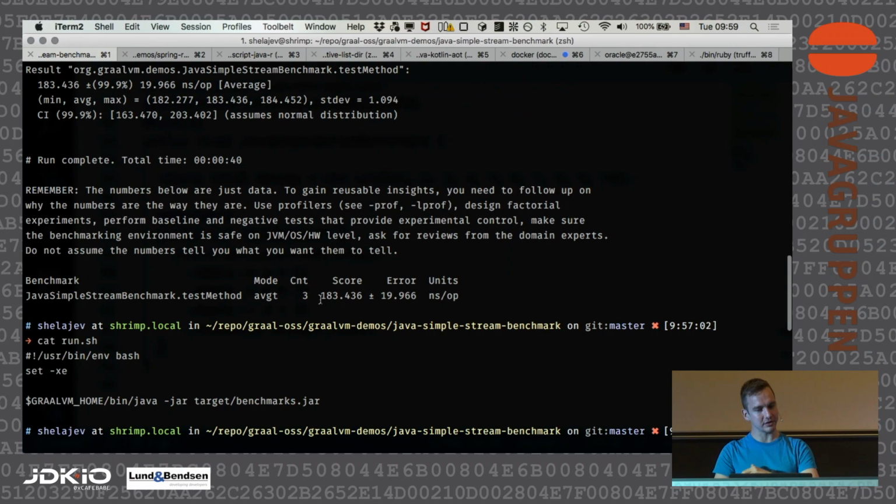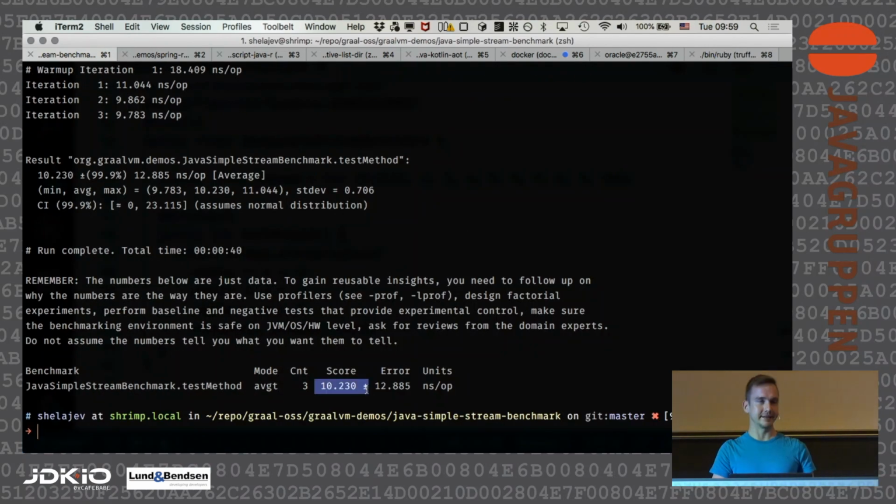Without the Graal compiler, 183. With Graal compiler, 10. That's what? 10 to 20, not percent, 10 to 20 times increase in performance. This is where we all are like, wow, that's a lot. That is a lot. And the thing is, what is very exciting, this, of course, you will not be able